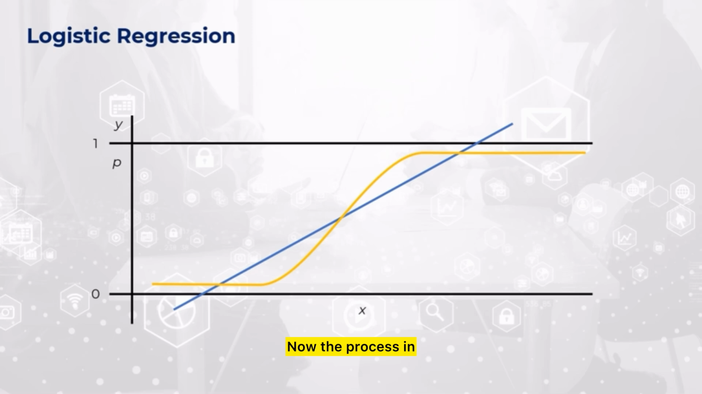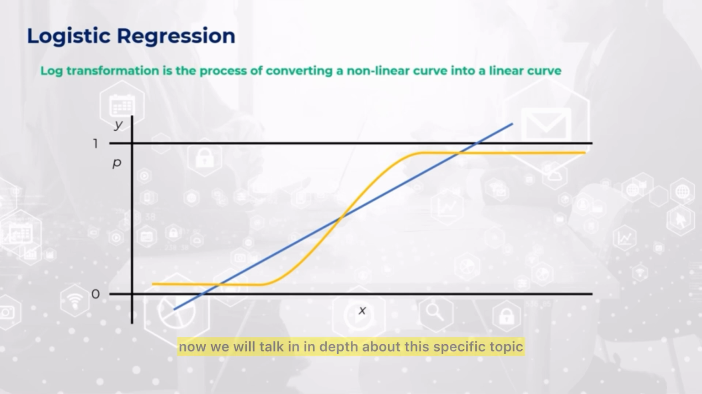The process in which we transform a non-linear curve into a linear curve is called log transformation. We will talk in depth about this topic later, because there will be dedicated sessions for this specific machine learning algorithm. However, just to briefly understand here,